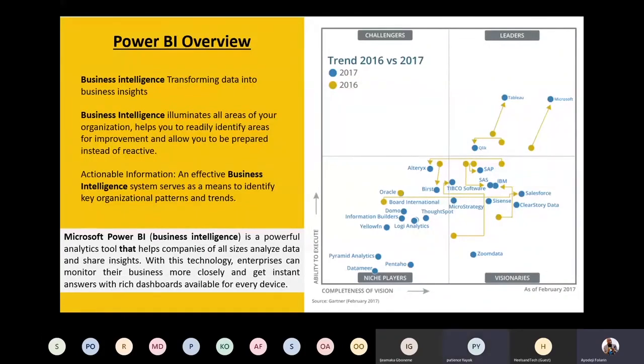the trend in 2016 versus 2017. Power BI is not the only BI tool we have out there. We have other BI tools. As you can see, we have Tableau. Apart from Microsoft Power BI, we have Qlik. Apart from Qlik, we have SAP. Apart from SAP, we have other analytical tools. But